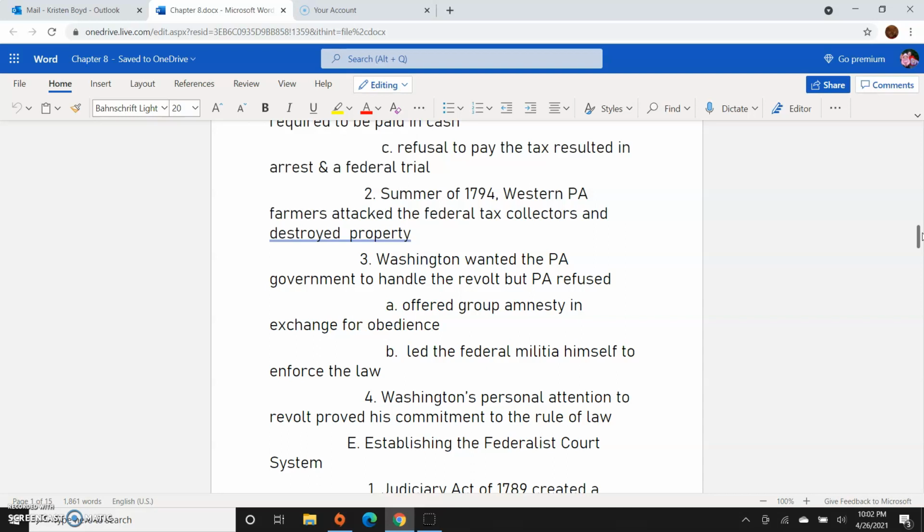So again, George Washington, even in this, established another precedent for how our president would conduct themselves when you had a skirmish inside a state. And we saw this happen this summer. You may not have seen it, but with all of the riots that happened, Donald Trump would go to the mayors of the cities